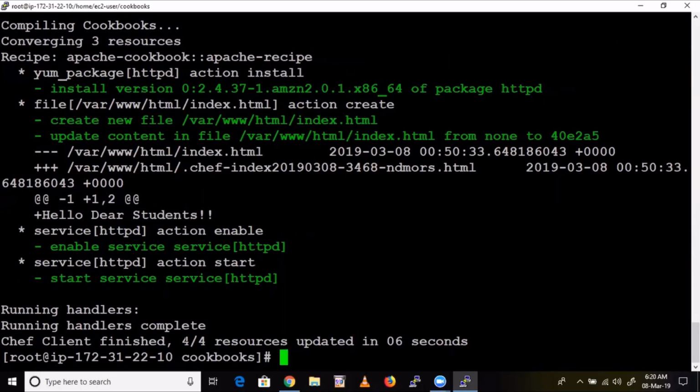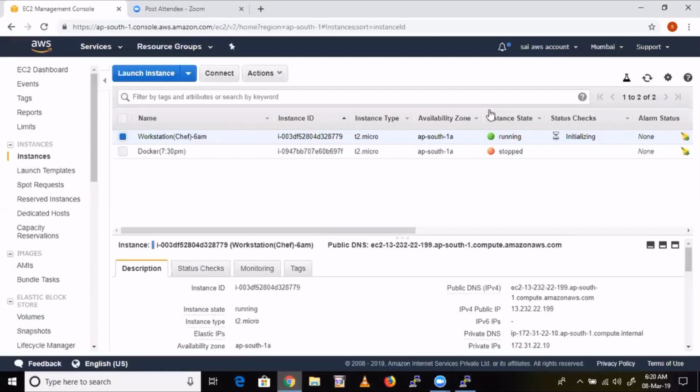That's it. See here, total four resources. One is the package resource, then the file resource, and with respect to service, two resources. We enabled the service, we started the service, and the content we kept. That means we installed the web package. How can you verify that one? Just take this machine's public IP and paste it here.